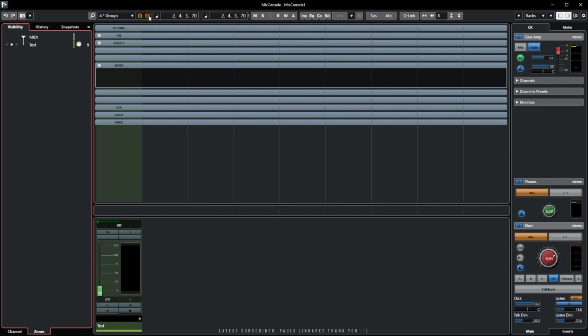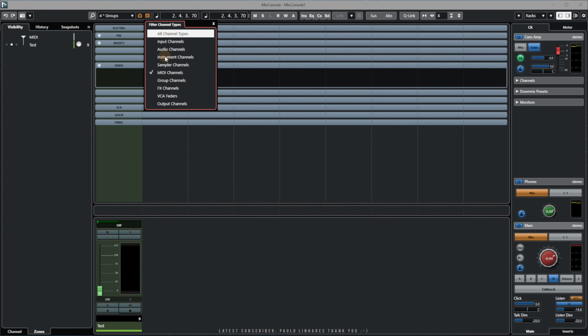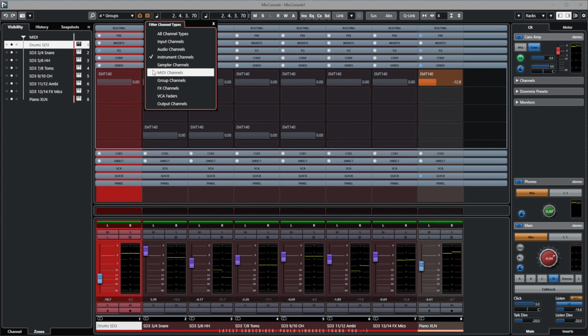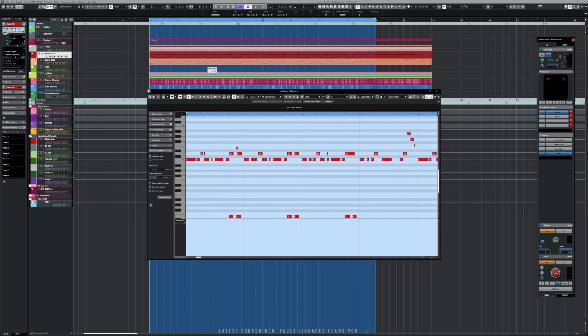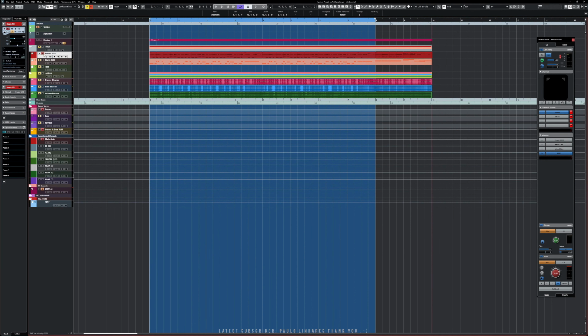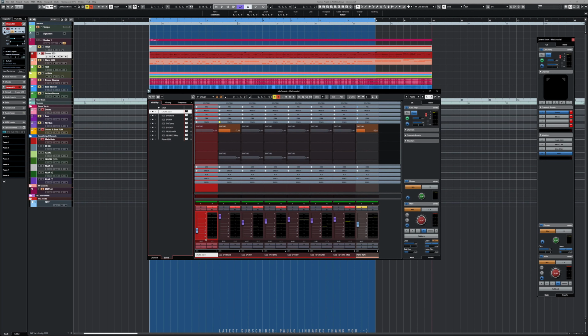Now, if we go back to what we were looking at earlier on, the instrument channels, the nice thing about instrument channels is that the fader and the panner are, although the instrument channel itself is MIDI, as you know, we can zoom out there and look at the MIDI and make sure that channel's selected, you can see. But what we have is a normal audio style fader. So there's none of that confusion sending volume, controller CC7 or whatever it happens to be to your MIDI instrument